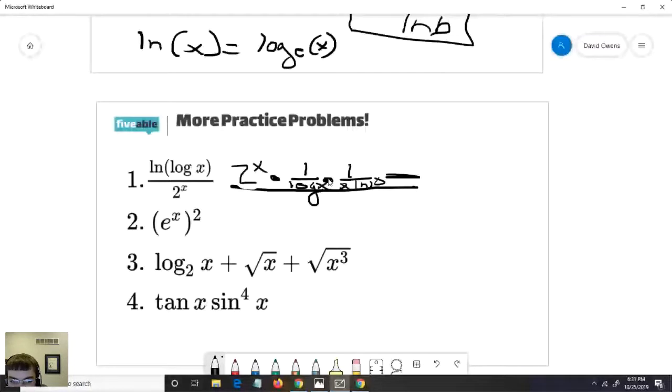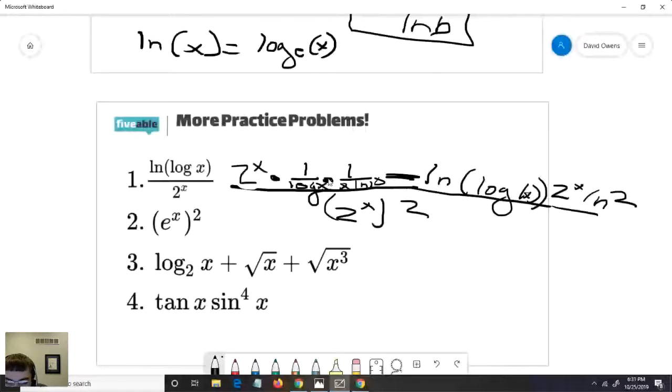And then from that, we're going to subtract the top times the derivative of the bottom, which will just be 2 to the x ln 2